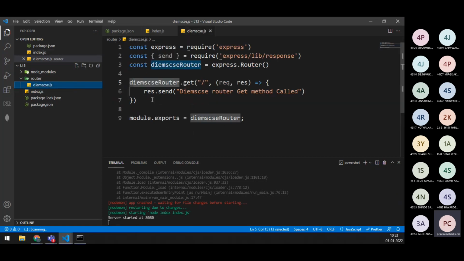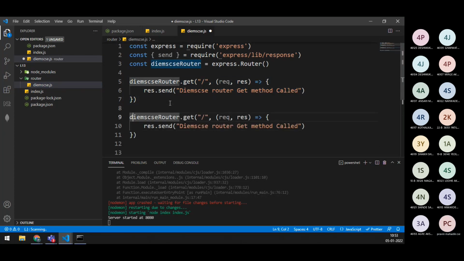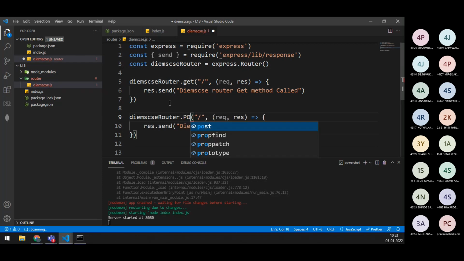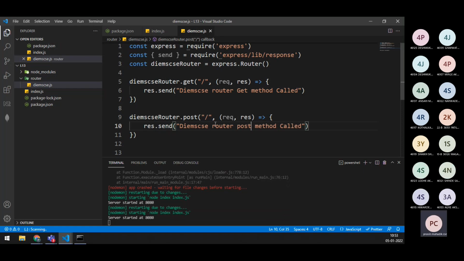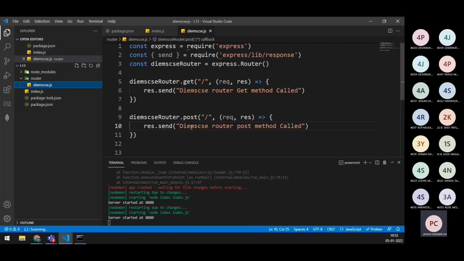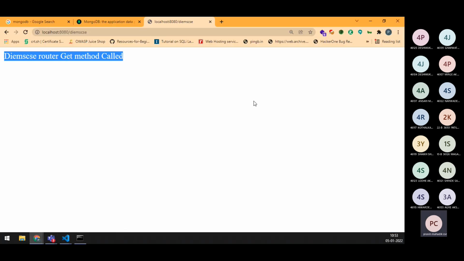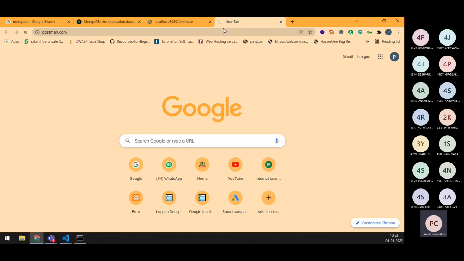So if I again go with the post method, let's say, and I will just change it from get to post, right? So again, whenever I make a post for the endpoint slash dimscse, that request will be forwarded to this router. It will check, yes, there is a request for post, and this method will be called. Let's check this out. Now to make a post request, I'm going to use Postman